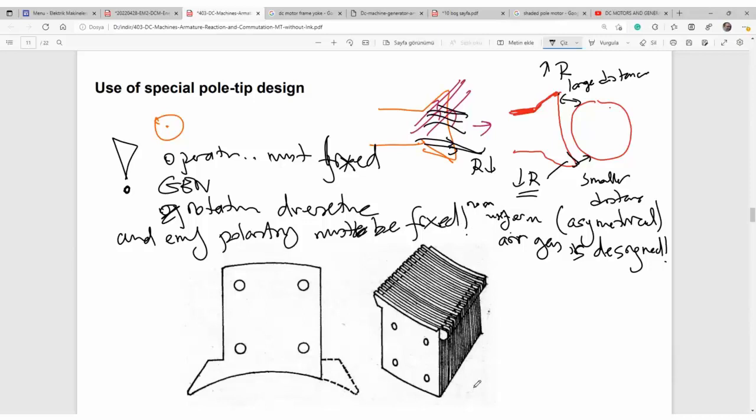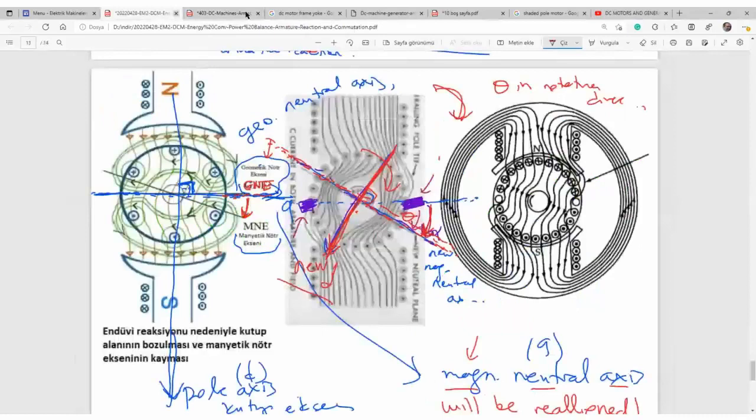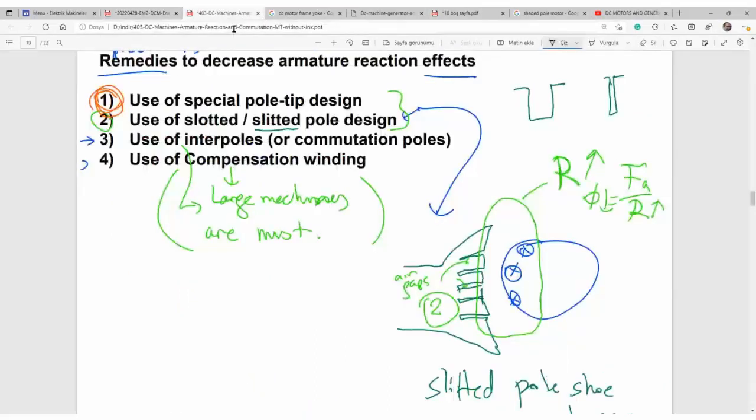Houston, if the polarity changes, for example if you change the rotation direction of the armature, in such a case magnetic field lines will be reverted to the counterclockwise direction. Magnetic field lines will be like this. Oh my gosh, yeah. So if you apply the first design rule here,